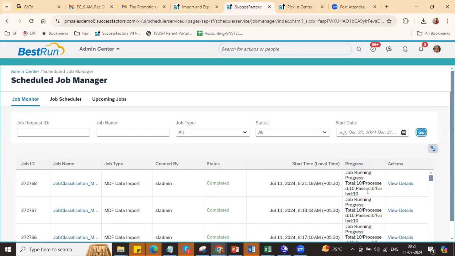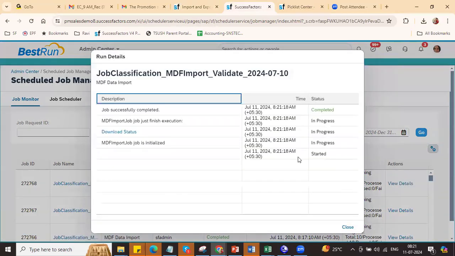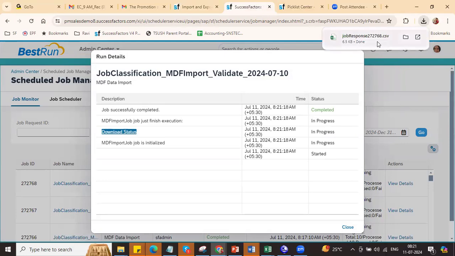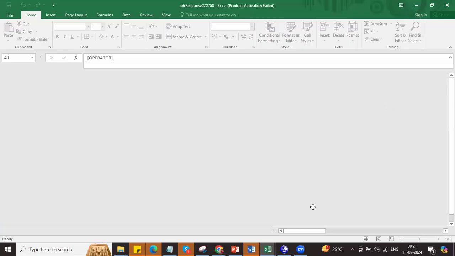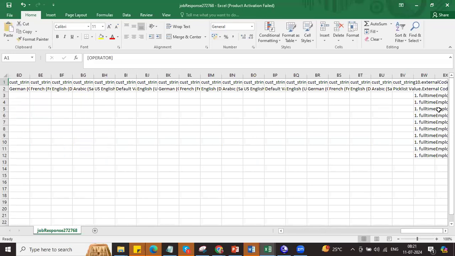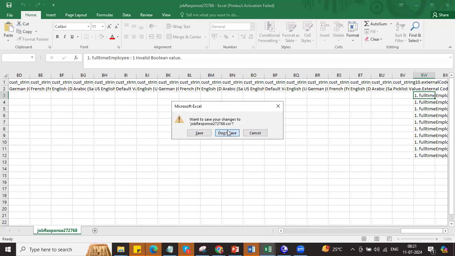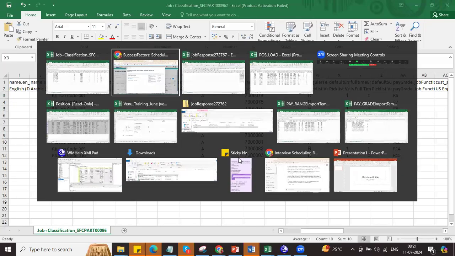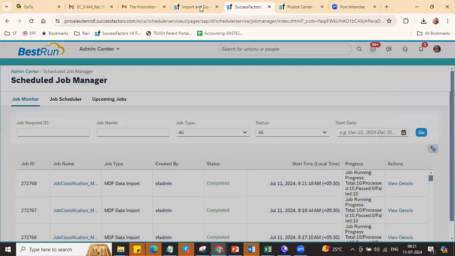Okay, this is the third load. Failed is 10, again 10 failed. What is the issue? Full-time equivalent invalid Boolean value. Okay, so maybe it is Y actually. Let me do one thing. First, I will